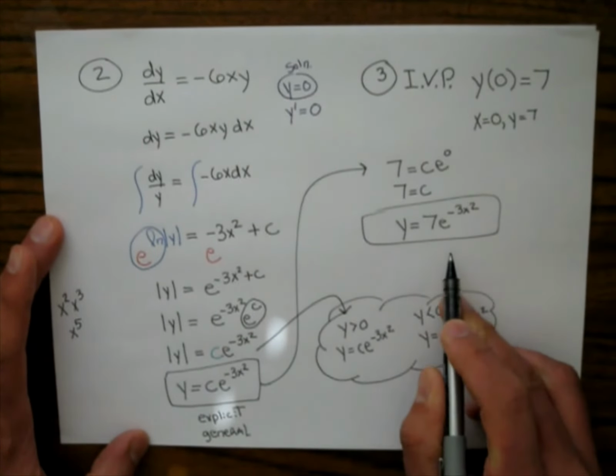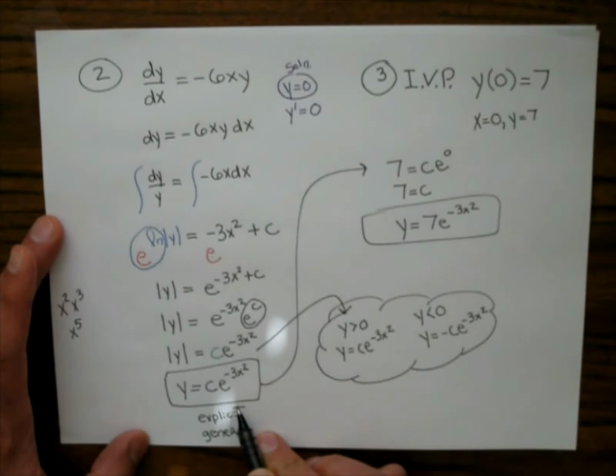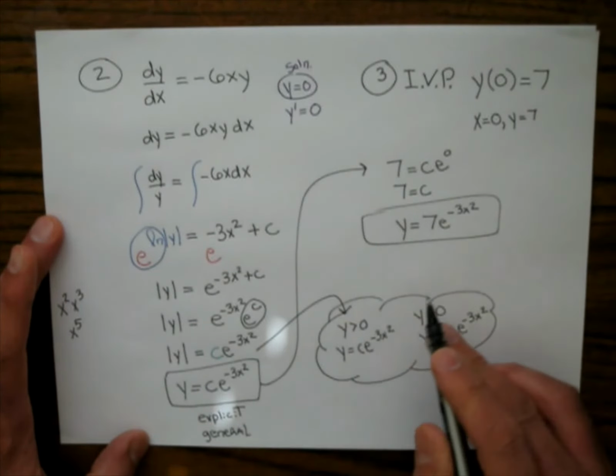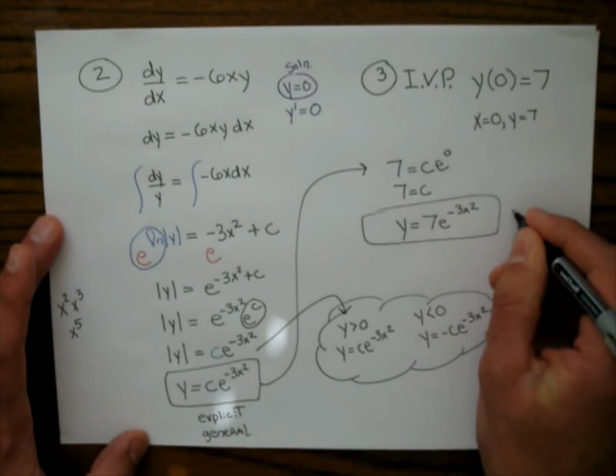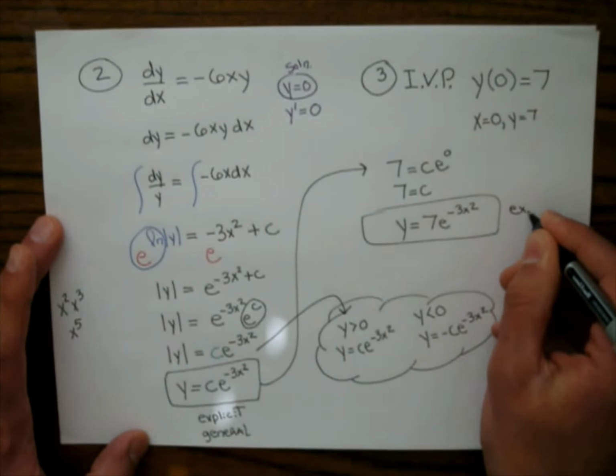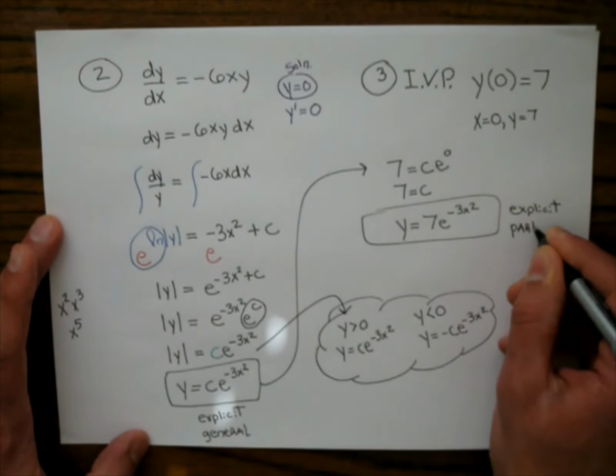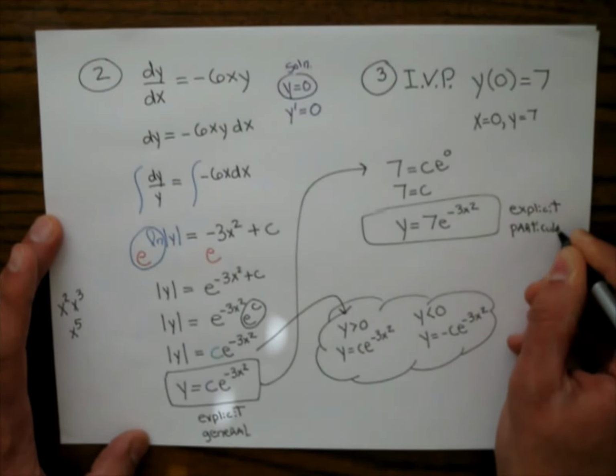That is a particular family member. There's infinitely many solutions here, and there's only one here. Now this one still is explicit because it's solved for y, but now we call this a particular solution